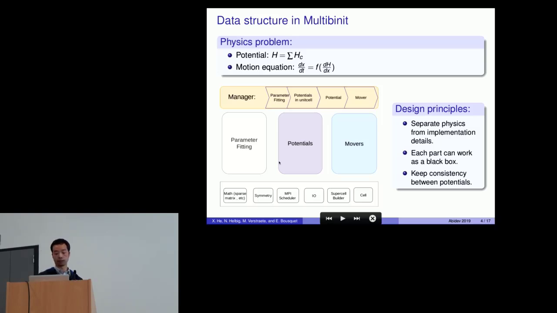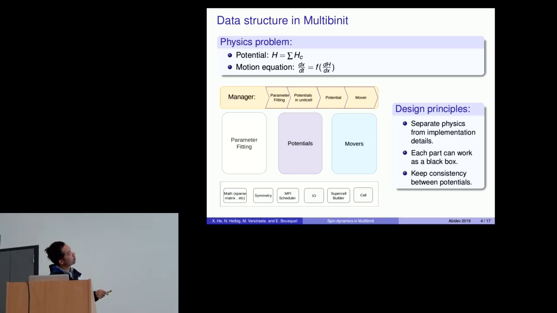And on the middle level is where the physics is, and on the top we have a manager which will tell the users what the logic is, what will be done, and